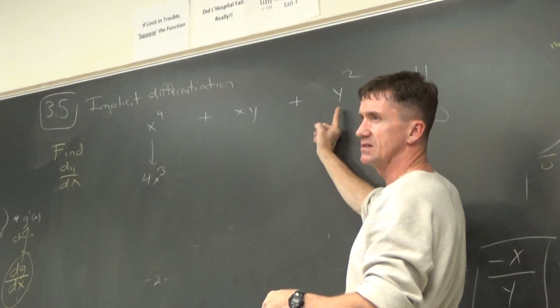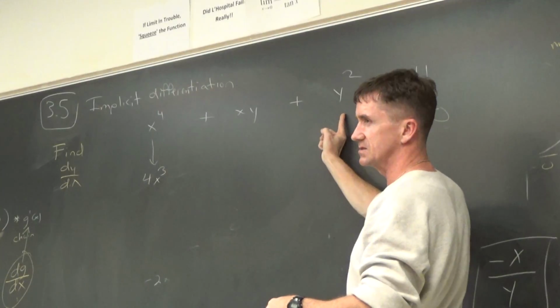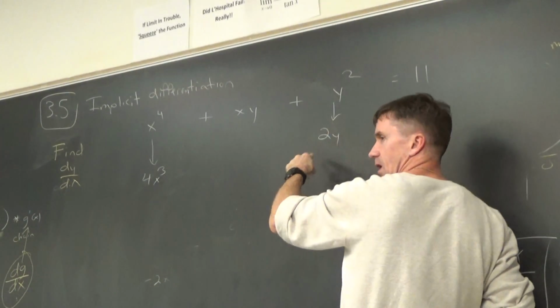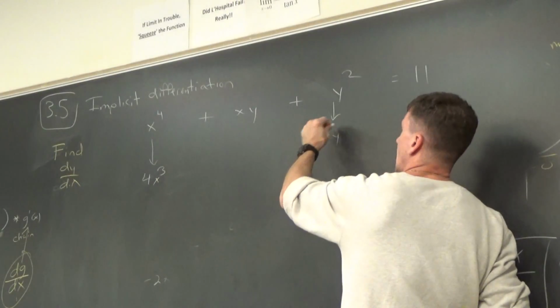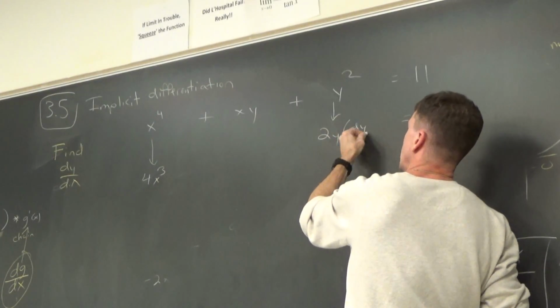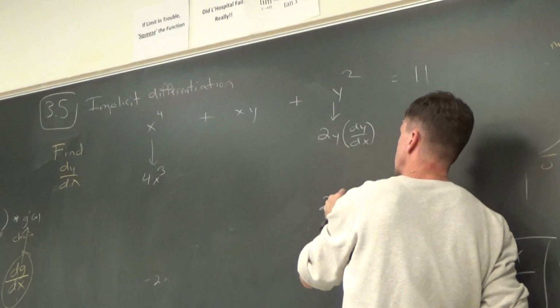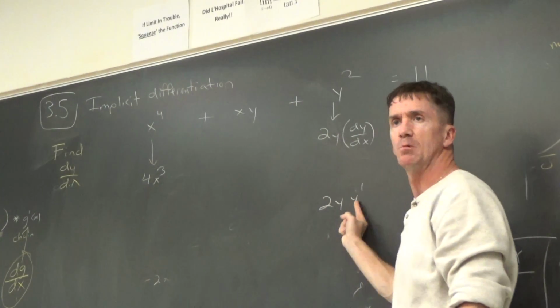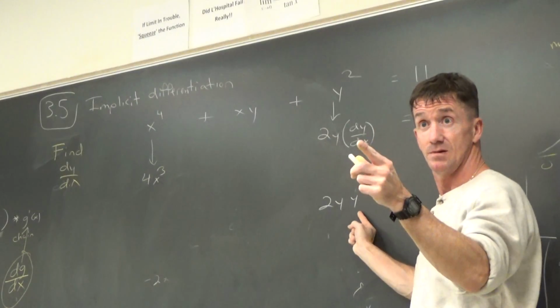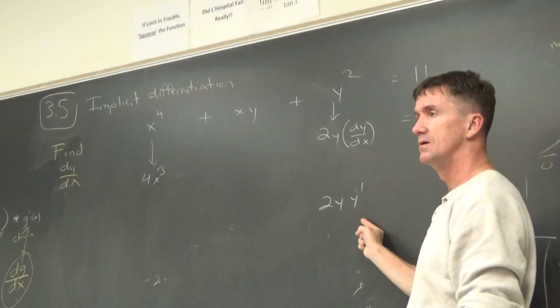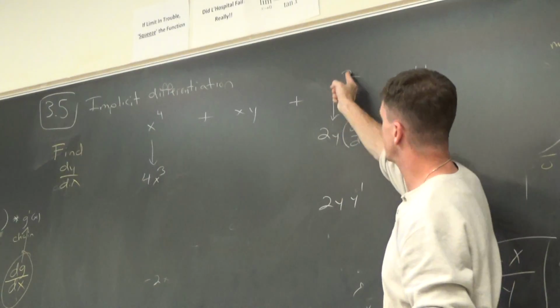I think you're used to this now. What will that turn into? Because it's got the y. 2y dy/dx. Differentiate, all right, it's got the y. 2y to the first times dy/dx. Everyone, if you read through your textbook, your author writes it like this, because isn't y prime dy/dx? True? But I will not write it like that on the board. I'm worried you think that's y to what power? 1. Y to a first. I just had y to a second. You might think that's y to